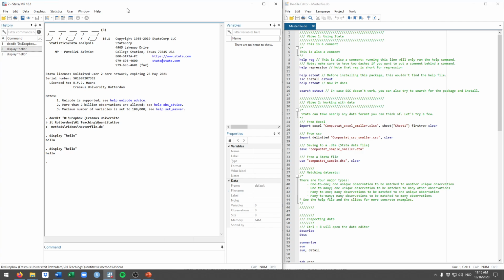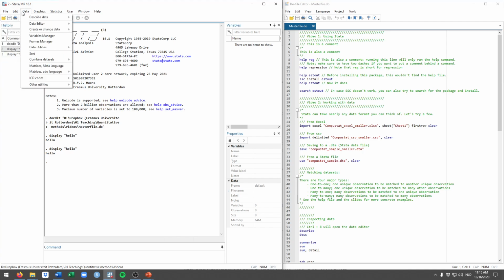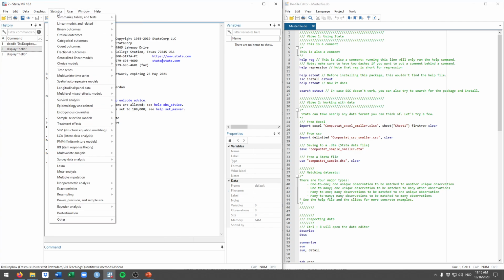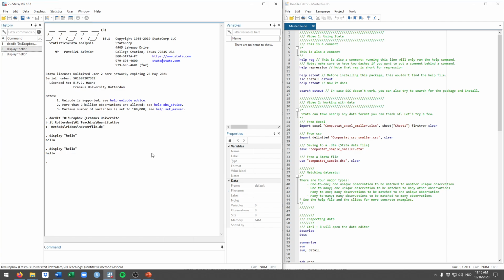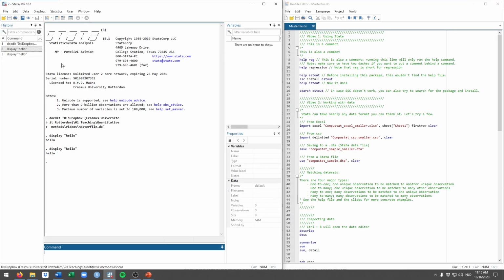As I mentioned, you can use Stata using the user interface. So that's, for example, all here at the bottom. If you want to open a file, you can go to File, Open, etc. And there are all kinds of different subcommands that you can access via this interface. We'll get to those in some of the next videos. And there are also other aspects of Stata. For example, if we had loaded up data, we can click here on the data editor to see the data set. Right now, as you see here, it's empty.